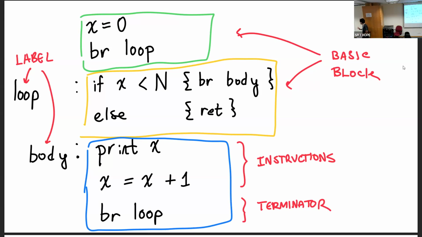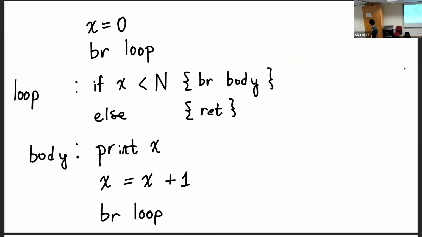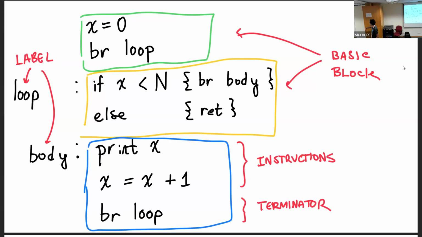And then each instruction is followed by a terminator, which tells us where we jump to next. That can be a conditional branch, which jumps to either A or B, or an unconditional branch, which just jumps somewhere, right? And these basic blocks have labels. So all we do is we take this and we lower it down into unstructured control flow in a mechanical way. This is called the three-address code, or RTL.